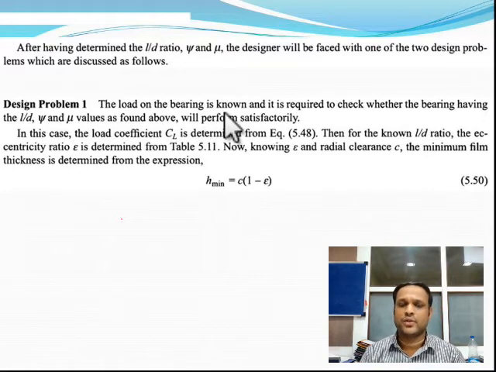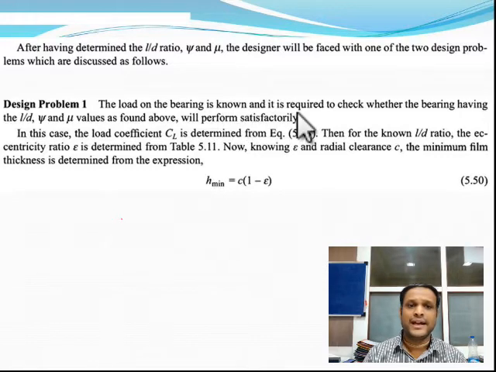Design problem 1 is the condition in which the load on the bearing is already known. There may be so many real life applications wherein we know that the load on this bearing is maybe 150 kgs. That means this is the load that the bearing has to carry, and then we have to check that under that acting load whether the bearing having certain values of L by D ratio, psi and viscosity